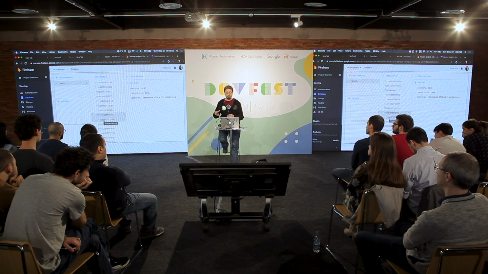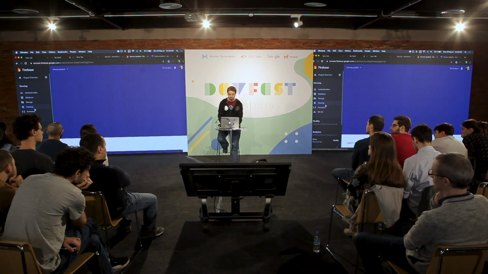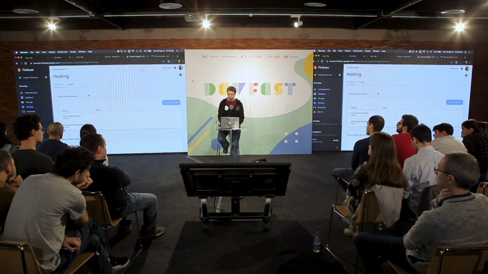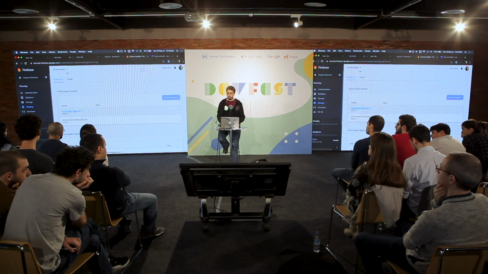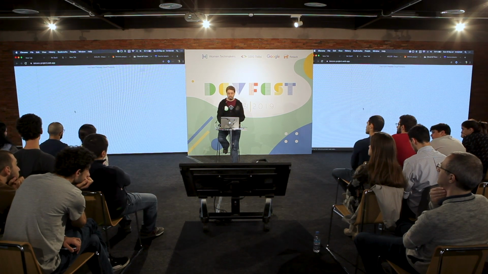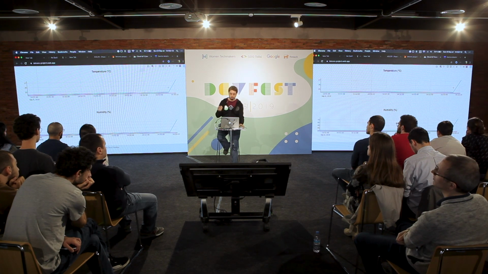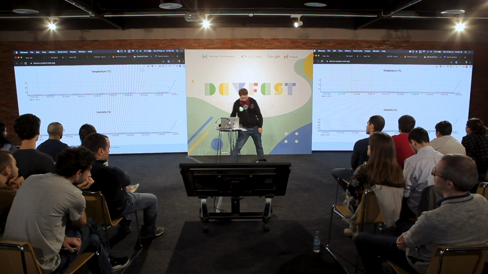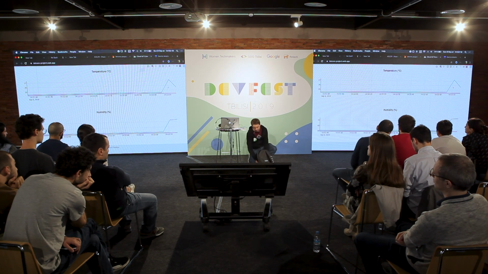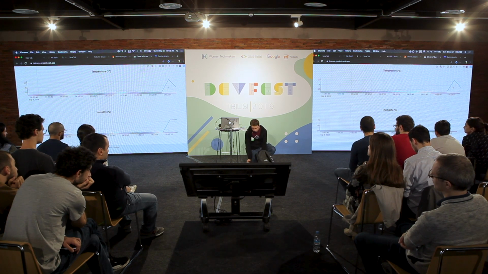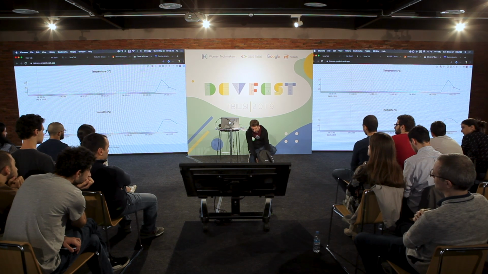And now data is in PubSub. You can just save it to Firebase. So for instance, you can create a very simple hosting page using Firebase hosting to host a very simple static web page on the internet. So here I have the current temperature in real time. And if I press on the microcontroller, you can see that it raises. So it means it works and it's in real time. But we can go a little, we can do better things.